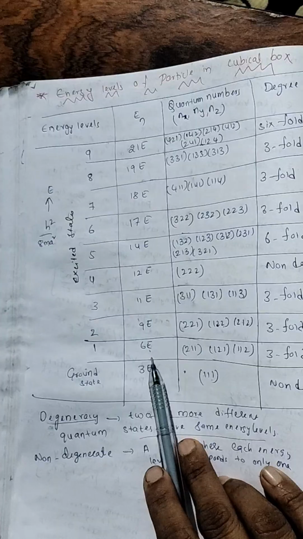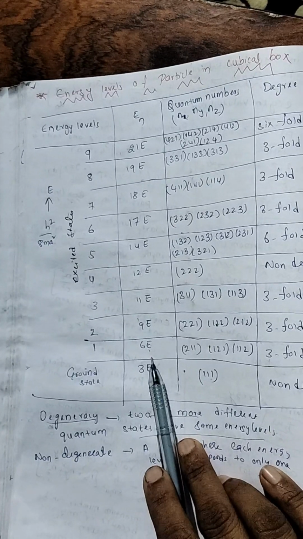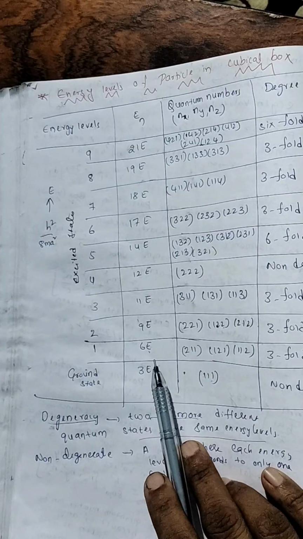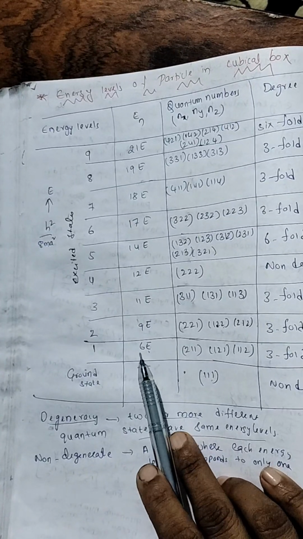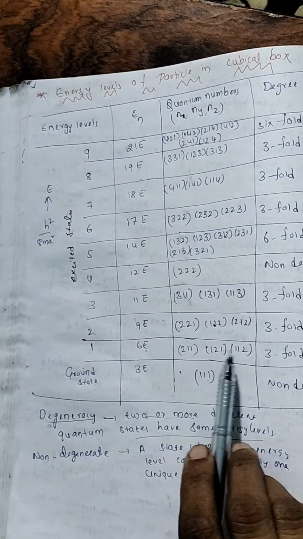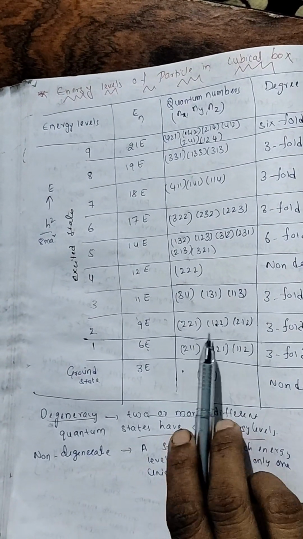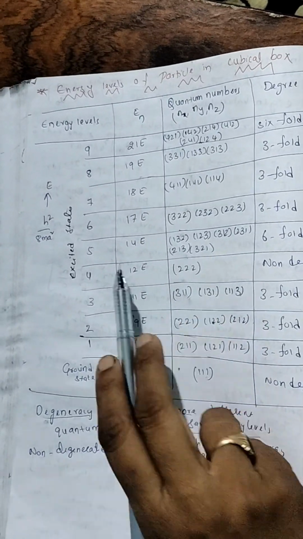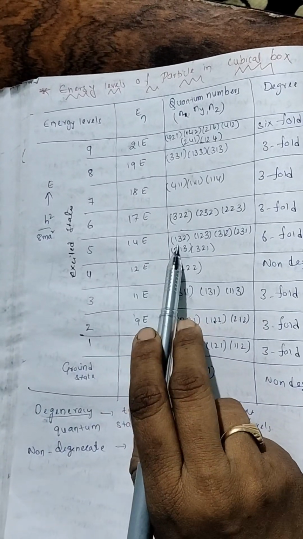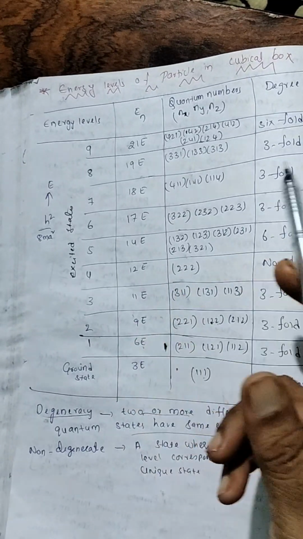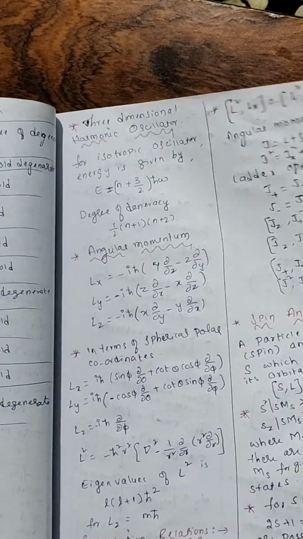4, 5 we cannot write, because if we want to write 4, 5, one of the quantum numbers must be taken as 0, which is impossible. So the next higher energy level will be 6. Like that only we wrote. And these particular sets give the value 6, and these particular 6 sets here give the value of 14. You do nx square plus ny square plus nz square, you will get 14 for these 6 different sets. Okay. Now next, let us go for